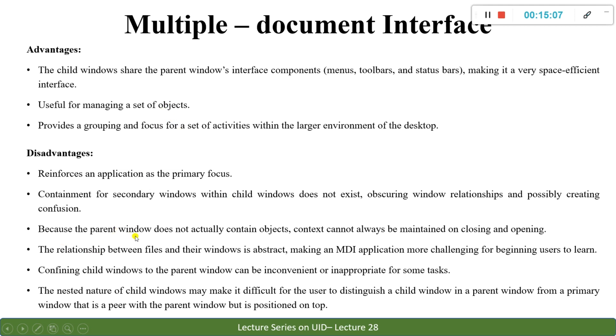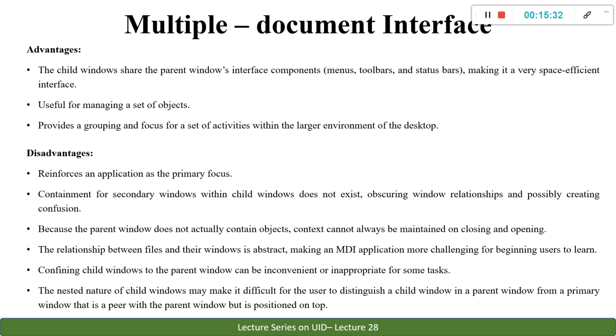Okay, because the parent window does not actually contain objects, context cannot always be maintained on closing and opening. So just because you close, you might not be able to stop any of the working of it. Because the primary window is not actually having the objects, they are just displaying the objects.